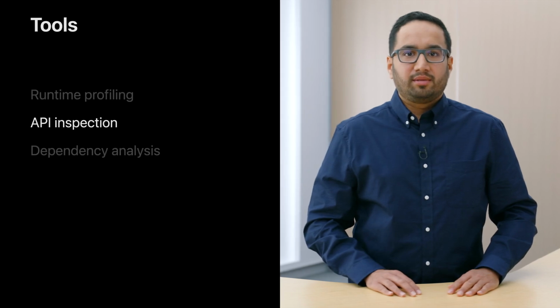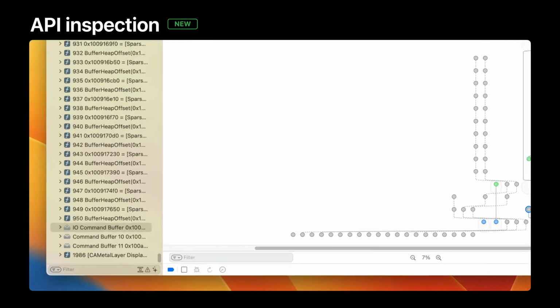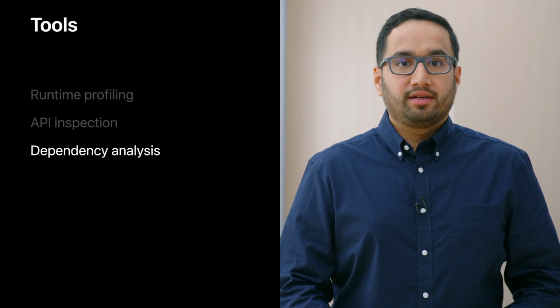Now let's switch gears to debugging. With the Metal Debugger in Xcode 14, you can now analyze your game's use of the new fast resource loading API. Once you take a frame capture, you will be able to inspect all fast resource loading API calls, from the I/O command buffers created to the load operations that were issued. You can now visually inspect fast resource loading dependencies with the new Dependency Viewer.